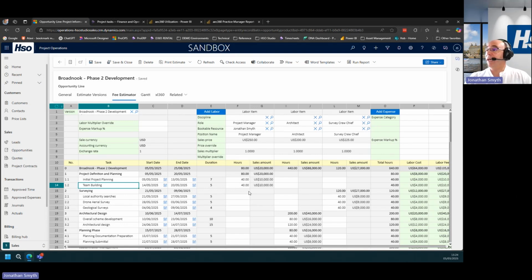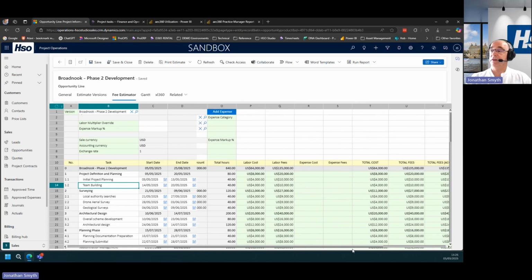Once we enter the anticipated effort, then we can see that there's a simple calculation that just multiplies the effort by the sales price to give us a sales amount. But then if I scroll along just a little bit to the right, then we can see the total anticipated labour cost and the total revenue or total fees that we would expect to generate in booking and invoicing these hours with the customer.